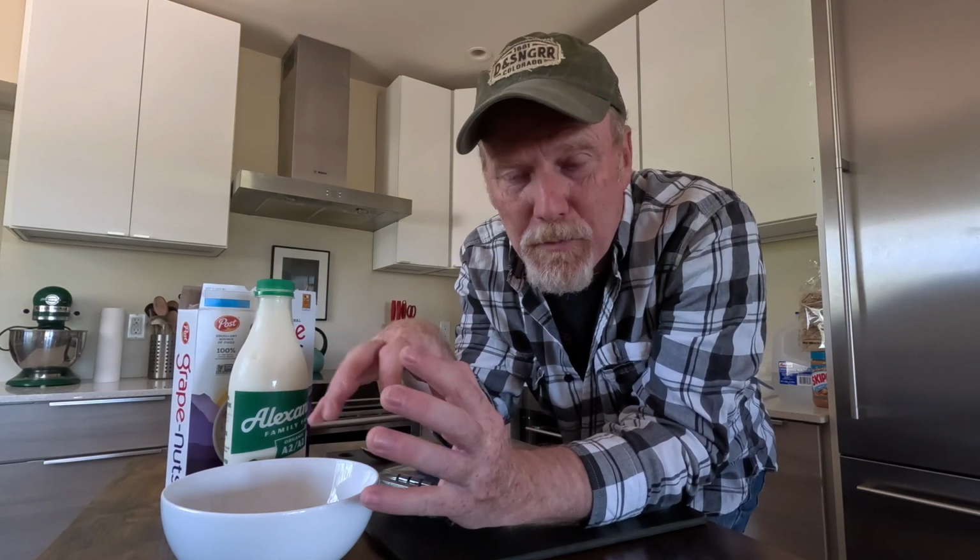Really what happens is you take your frozen blueberries and you pour them in a bowl with some cold milk over it, and the milk crystallizes and freezes all around the blueberries and makes kind of a blueberry icy or blueberry slushy with the milk, and it's very creamy and delicious. And then at that point you can either top it with some sugar or some honey or just leave it